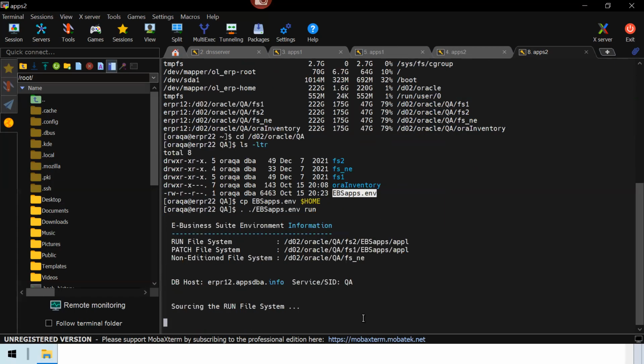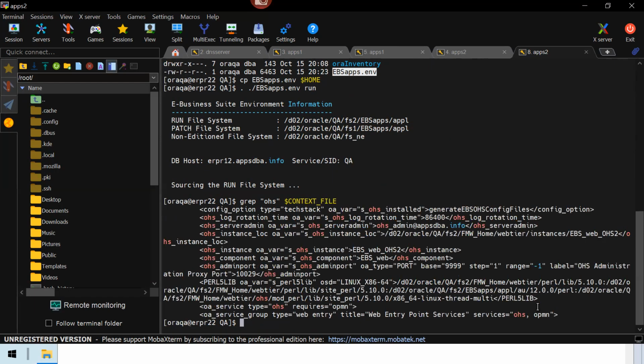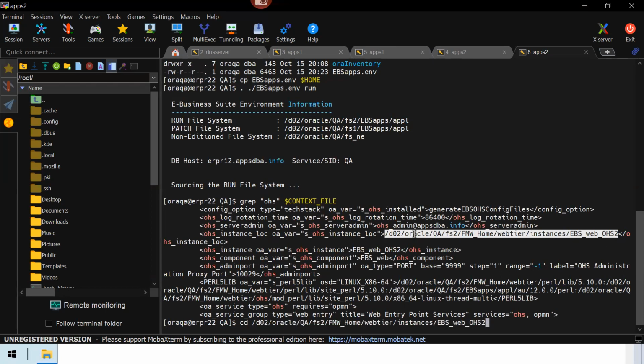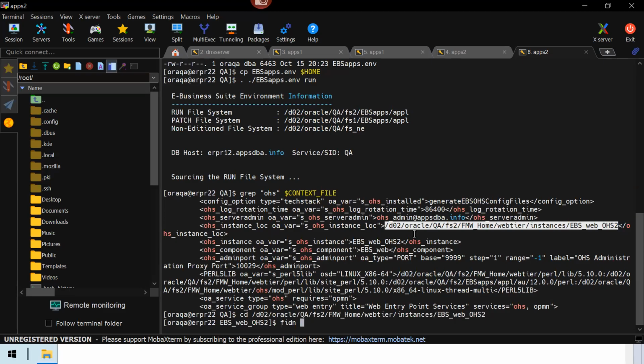So now you get your OHS. Now it will be EBS OHS. Always get this OHS location. A lot of people have different methods to find it, but I found this OHS, and it will be OHS2. I told you, right? Every node you add, the number increases by one: OHS1, OHS2, OHS3. So now you go here and search for